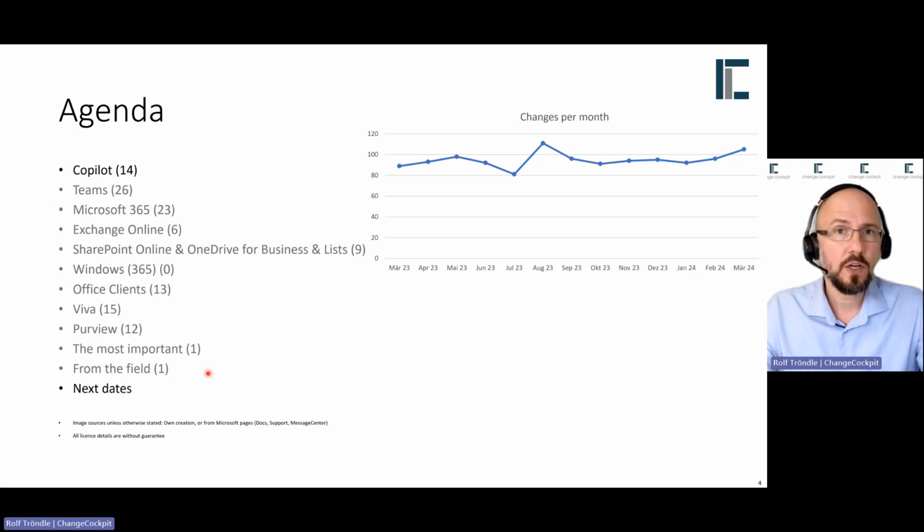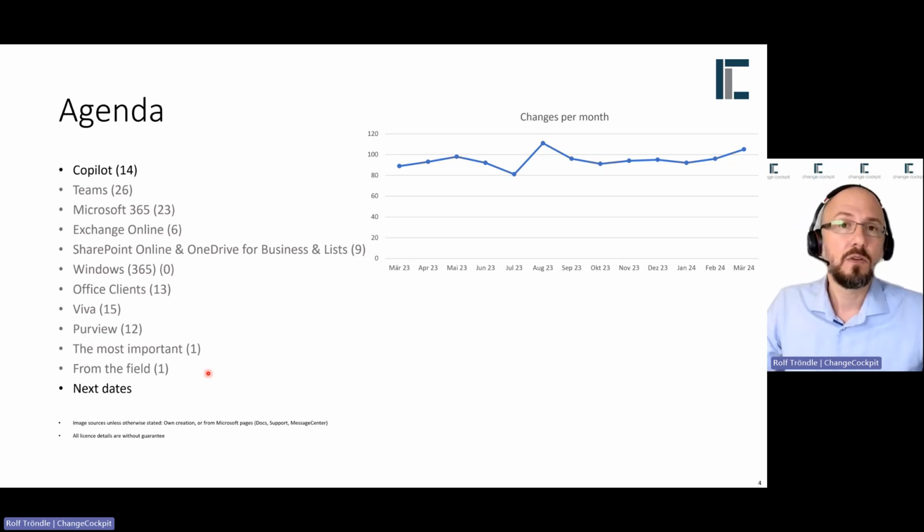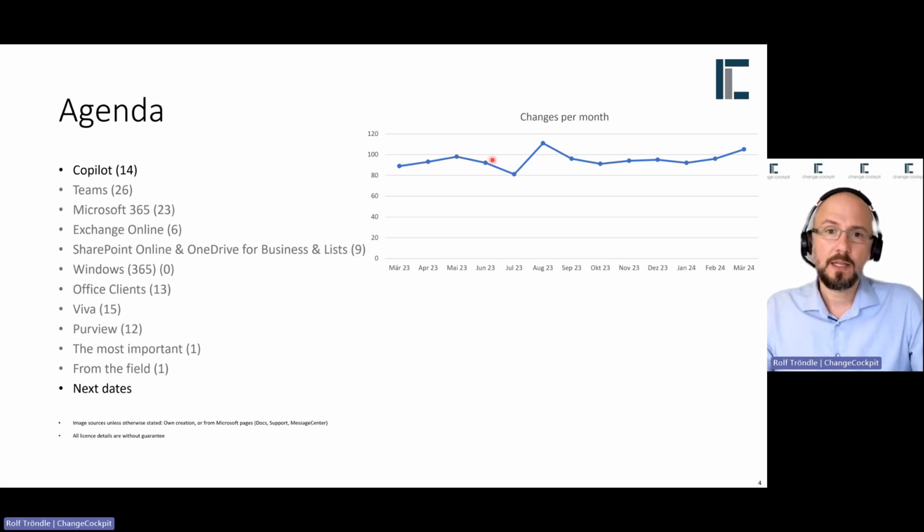For those of you who are new to this, ChangeCockpit is a service where I present each month all changes which are being rolled out in the current and the following month only. Normally, we see here on the graph, it's between 80 and 100 changes, and this month it's 119 and 14 for Copilot. The grayed out parts are the workloads which are part of the full subscription ChangeCockpit edition,